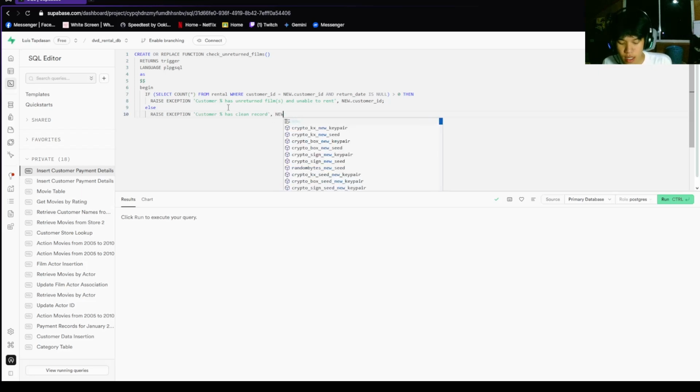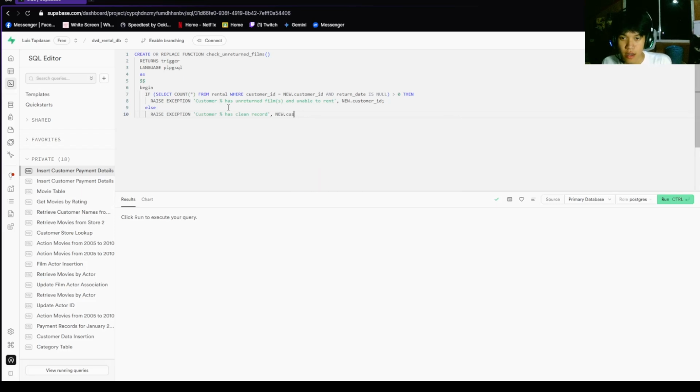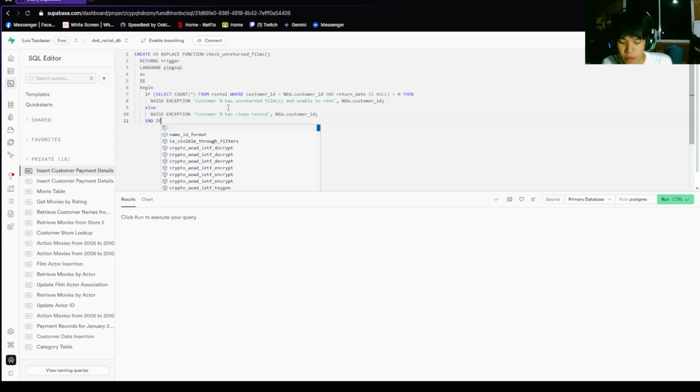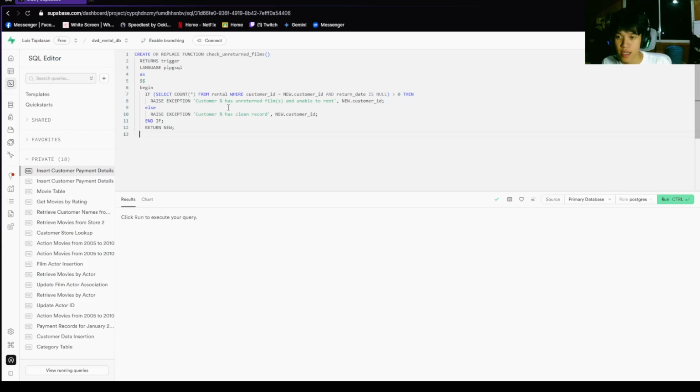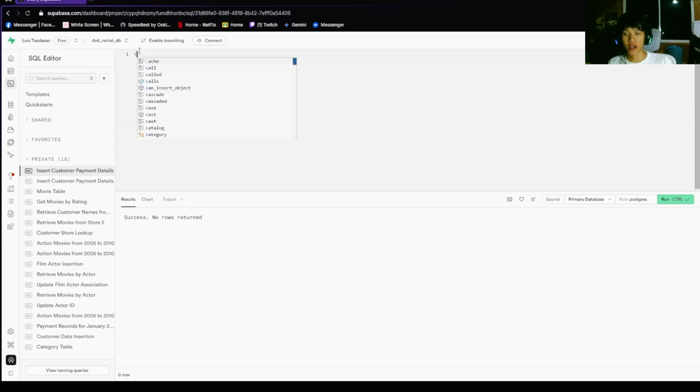So this means that the customer can freely borrow films, I mean rent films, and we're going to end the if else statement, and then return new. After that, let's end our begin, and then end the $$ signs. Then let's run the code. So this function has been integrated into the system.